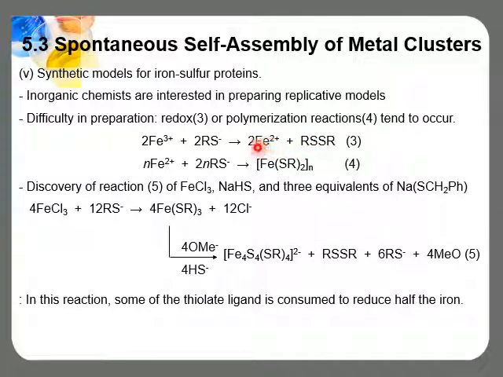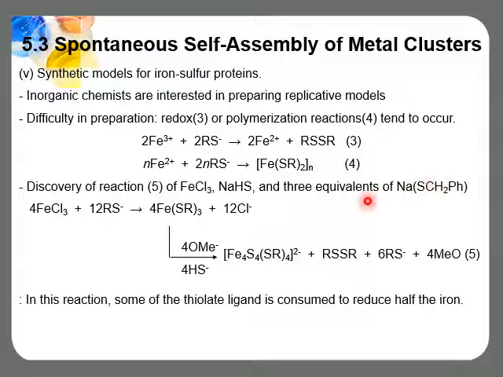And also, even though there comes an iron-sulfur coordinate bond, they do not exist as one iron, one sulfur, or two iron, two sulfur clusters. They make polymerization. But after a series of trials, the inorganic chemists found the methods of how to prepare iron-sulfur clusters. This is reaction 5. Here, they utilize ferric chloride and NaHS and the three equivalents of